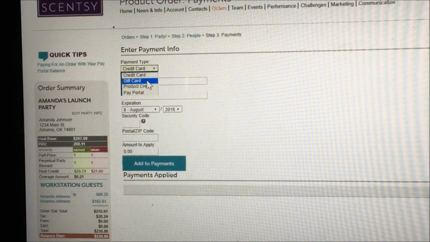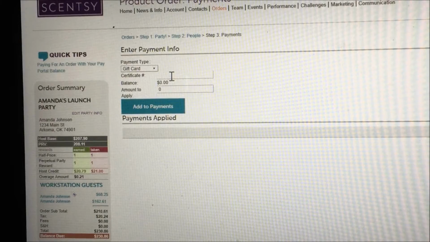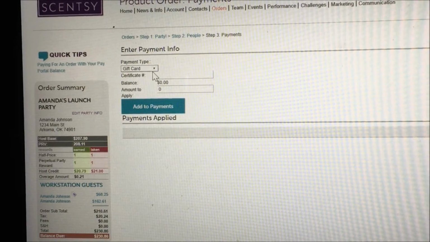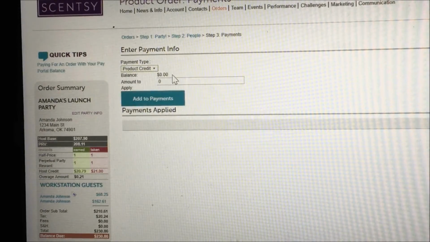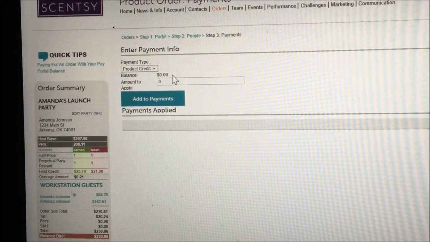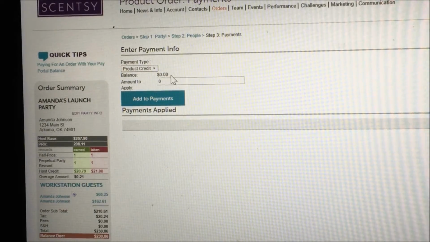Another option here is if someone has a gift card, you'll click on that and it will give you the options: what the certificate number is, the balance, and how much they would like to use. There's also product credit. If you've been awarded product credit because you've earned it with Scentsy, this is where it will show you how much product credit you have,